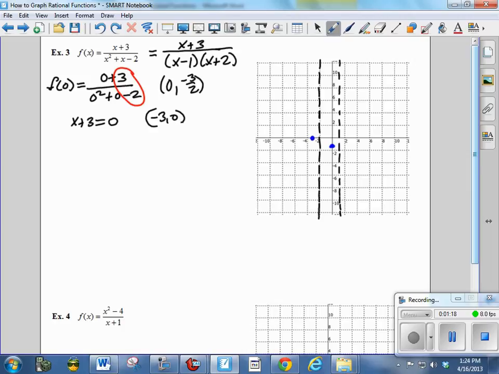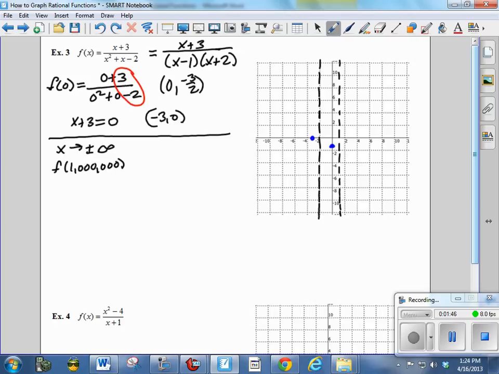Now, what happens as x gets very, very big? That determines our asymptotes other than the vertical asymptote. It would determine a horizontal or other non-vertical asymptote. So x goes to plus or minus infinity. So we're thinking, let's put in a really, really big number. I'll plug in a number. If I plug in 1,000,000,